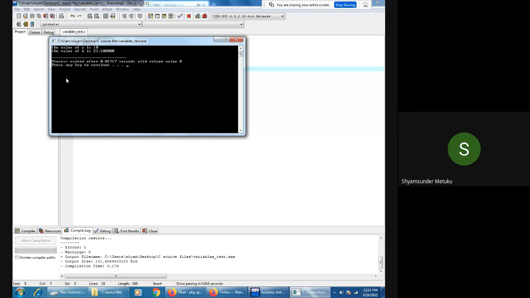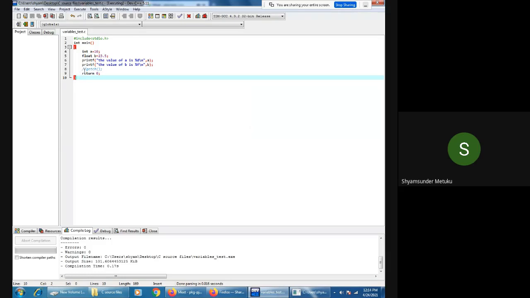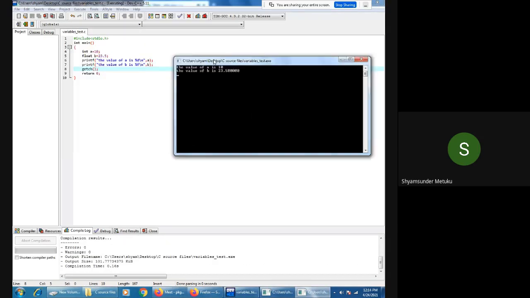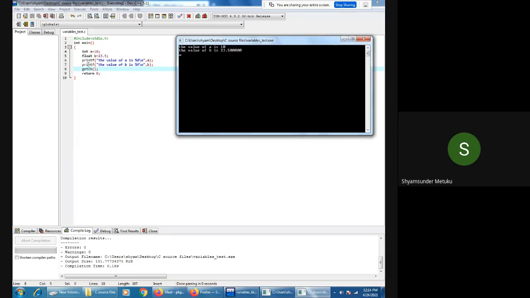Yes or no? Yes, sir. I don't want to see those lines. So I'm simply including getch here. It is get character actually. If you execute, my program is not completely executed, only up to the middle. The middle means up to line number 7 is executed. At the 8th line it has temporarily halted my program. If I press one key, you can see the remaining results have appeared. Yes or not? Yes, sir.